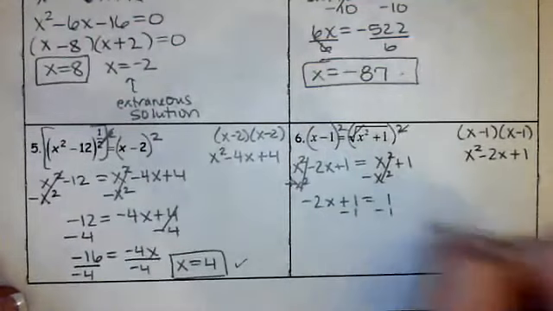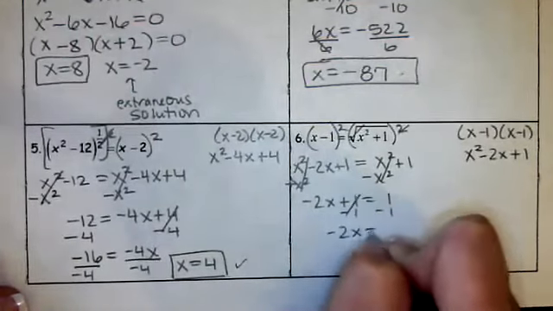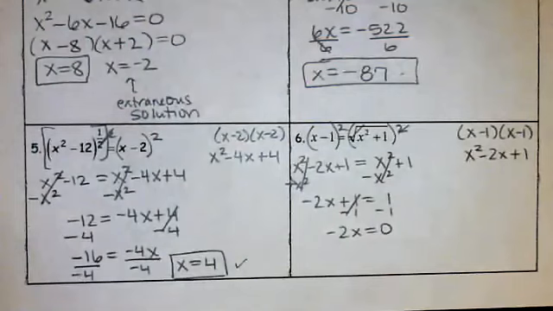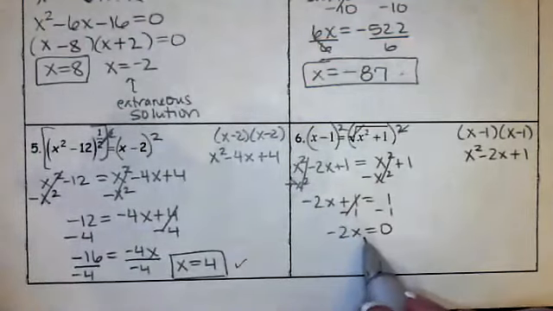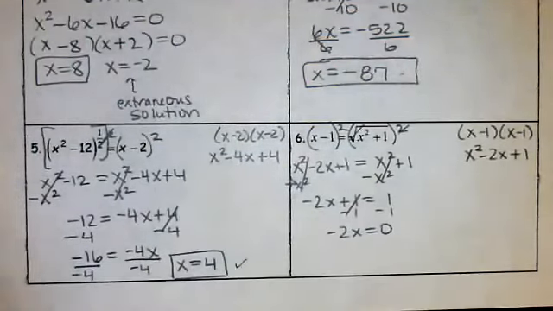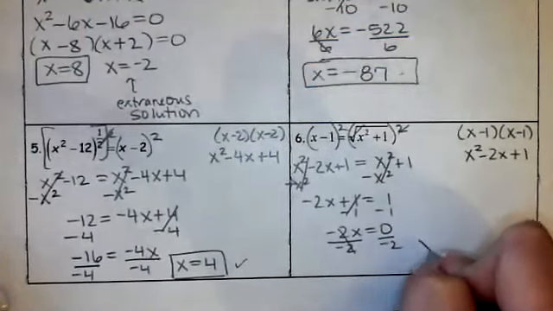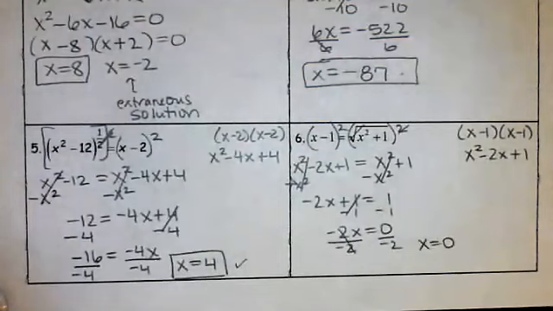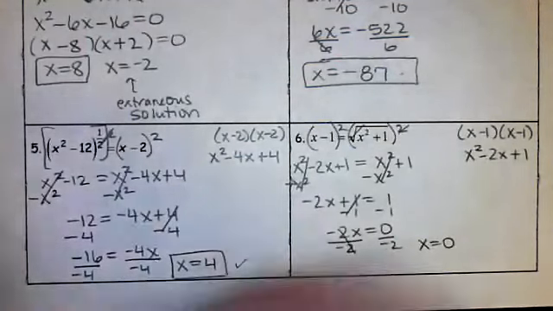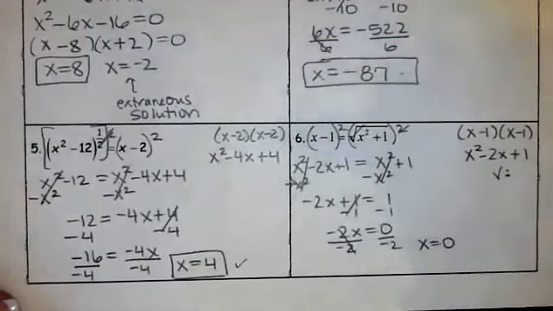We subtract the 1 to get it to the other side, and we get negative 2x is equal to 0. And it's actually funny because at this point, a lot of students will say no solution, but that's not the case because we are dividing by negative 2, and 0 divided by negative 2 is 0. So it could work right there. 0 could be a possible answer. However, this one really is a non-solution